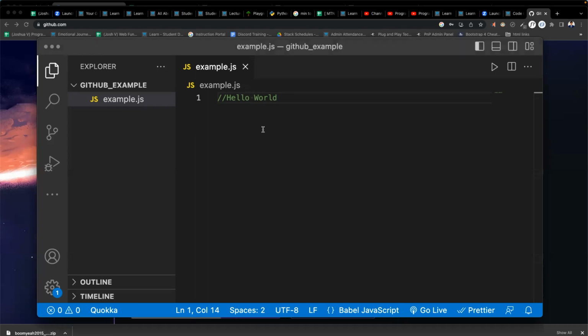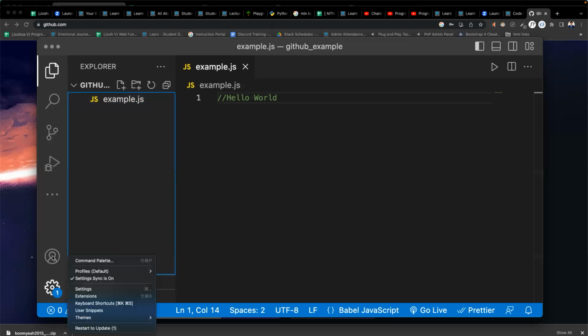Okay, so here we are. We have our JS file and our example folder, GitHub example. Now, once we've all created our GitHub accounts, we want to link them to our Visual Studio Code. There's a way to connect Visual Studio with the GitHub account, and the way to do that